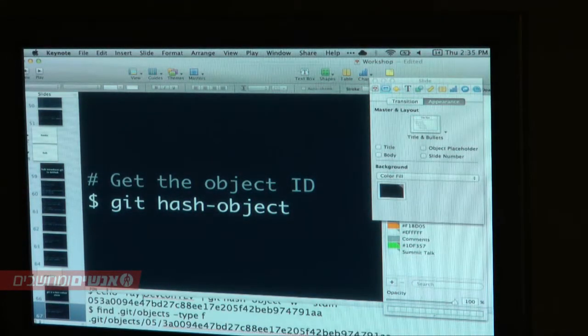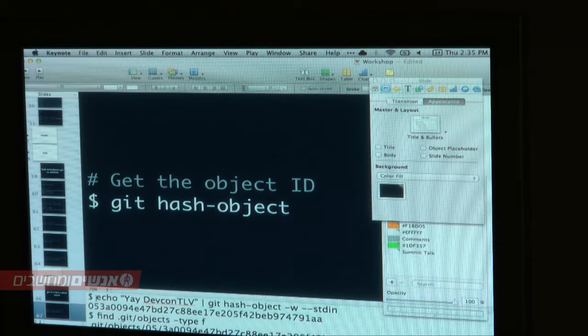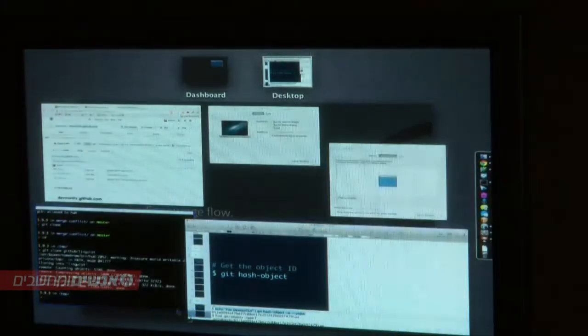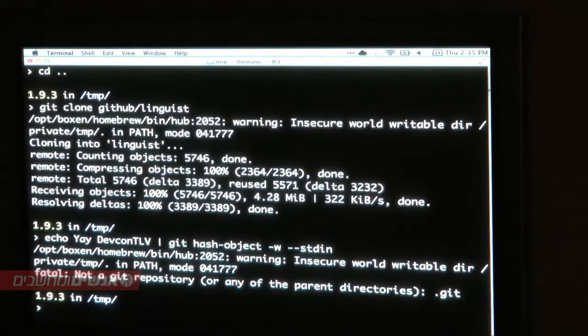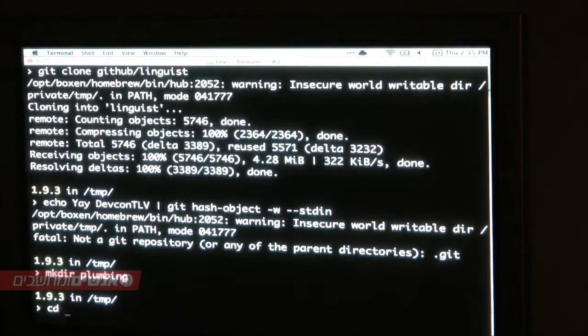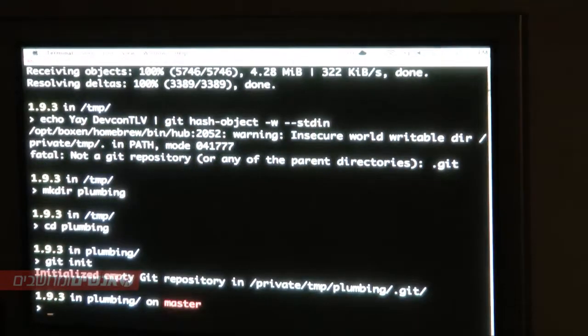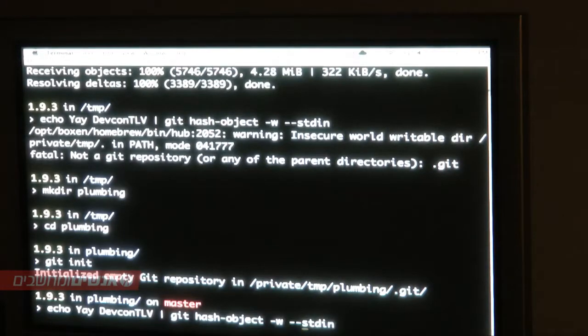I've kept some commands for myself down here so that I can remember, because like I said, these are not things that you normally would do. We can make a directory real quick for more Git playing, and initialize it. So hash-object will take this little information, what Git internally calls a blob, some information, usually text. Sometimes people put binaries, which is totally okay as well, although Git is not the perfect place for that, but it'll work.